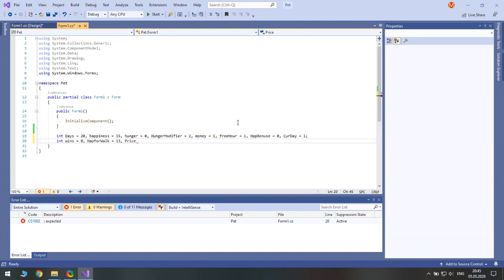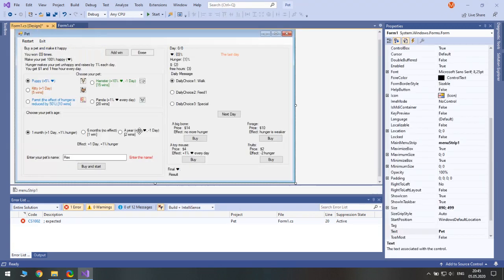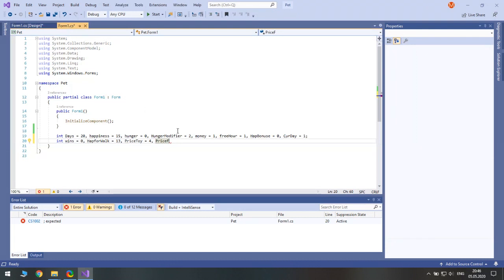Price for toy should be equal to 4. Oh, yeah. This will be feeding 1 and this will be feeding 2. So price food 2 will be equal to 2. Price for bone should be equal to 14.